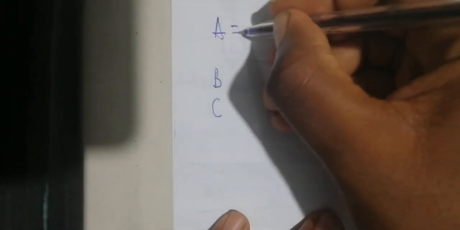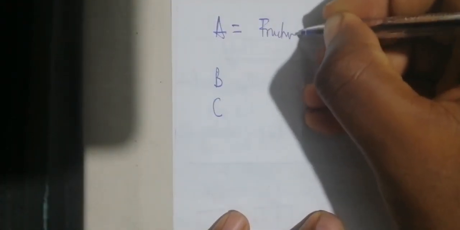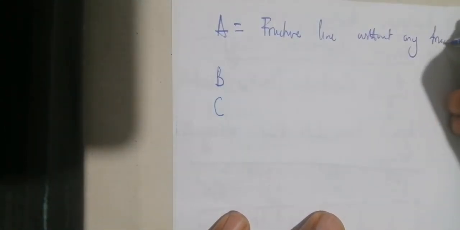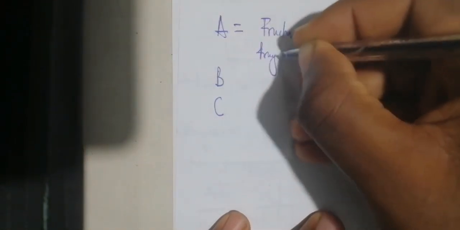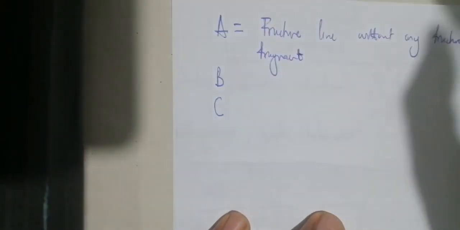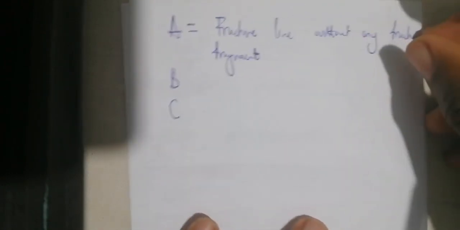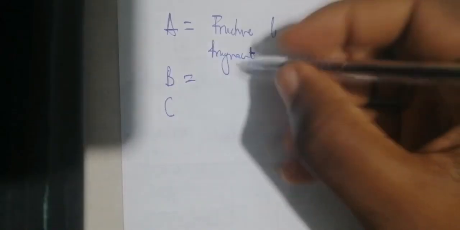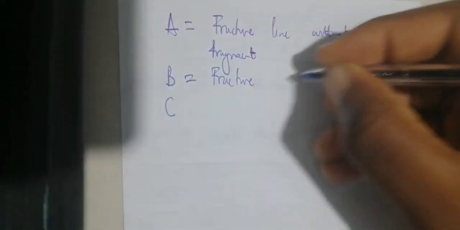Now the next point is the letters. I told you that the letters are going to be in conjunction with the next number. Now A, B, and C are the 3 letters. A corresponds to a fracture line, when there is a fracture line without any fracture fragment. Is it clear? If you have a fracture line without any fracture fragment, it is A. Now B, if you have a fracture with